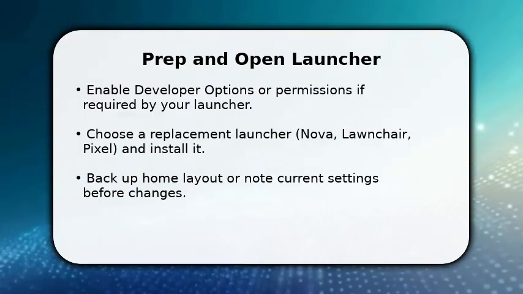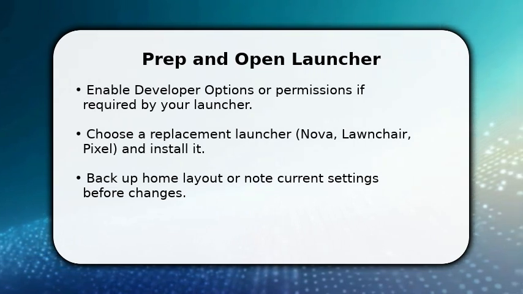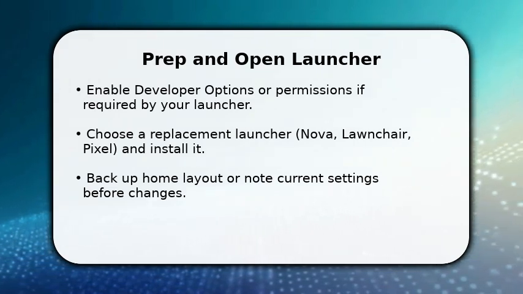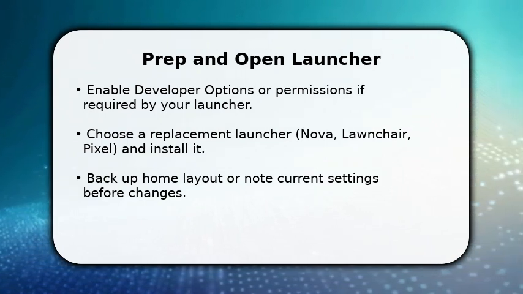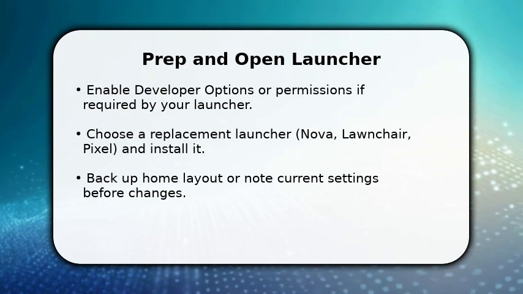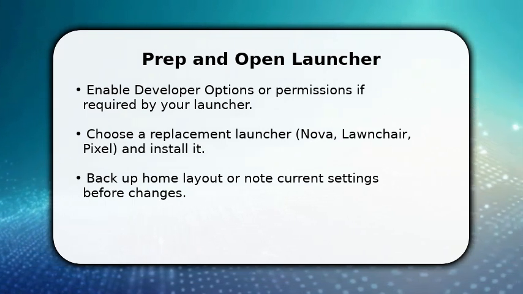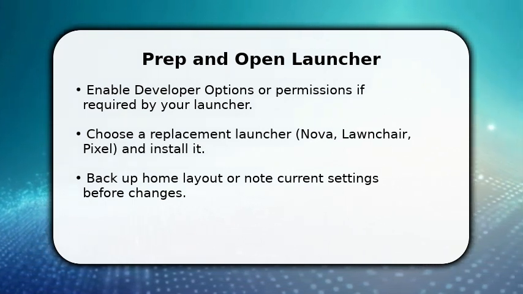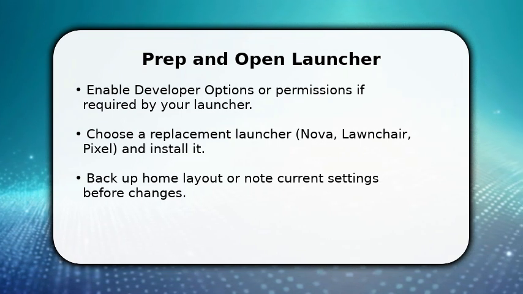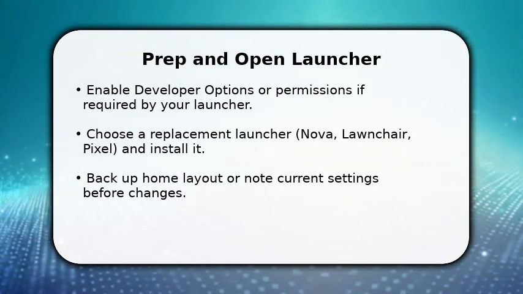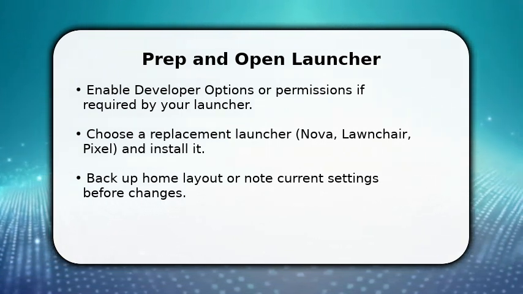You start by preparing the phone and opening the launcher you installed. This gets you into the interface where menus change. Once done, grant any permissions the launcher asks for so it can edit app icons and folders. Make sure to back up the current layout or take a quick screenshot for reference because you may want to revert. Now open the new launcher's settings panel and locate the app drawer or menu settings to begin customizing how